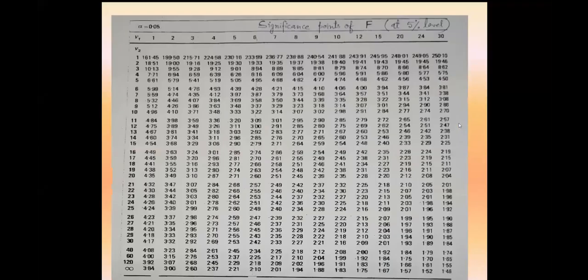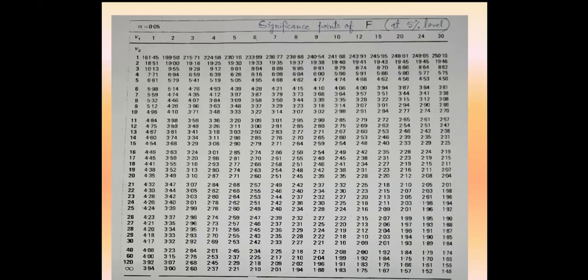See the next slide. Let us see the F table. This one is the F table, and at 5% level, the values are given. For example, if 3 samples are there, then the degree of freedom will be 2. And since 14 total individuals are there, so 14 minus number of columns, 3 columns are there, so it will be 11. So 2 and 11 degrees of freedom means these will be used for the purpose. And at 2 and 11 degrees of freedom, the value is 3.98.